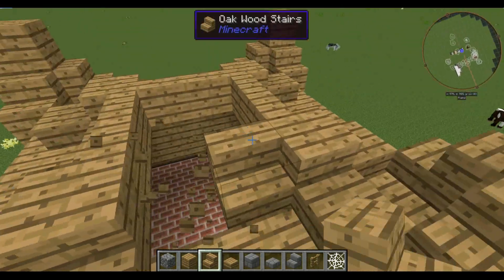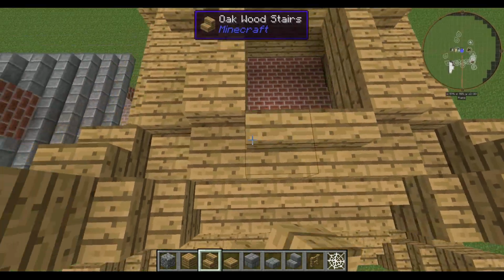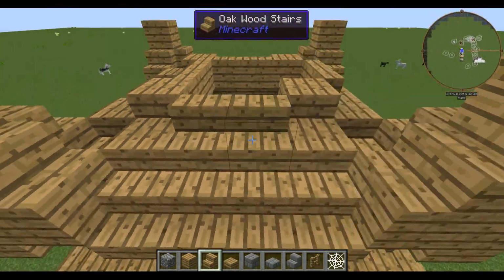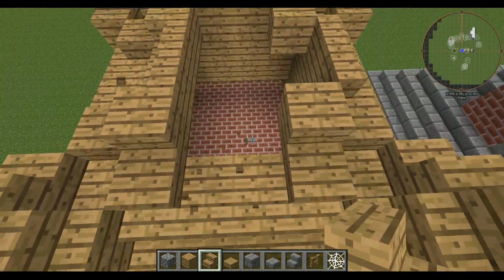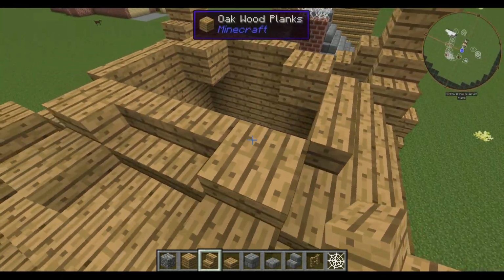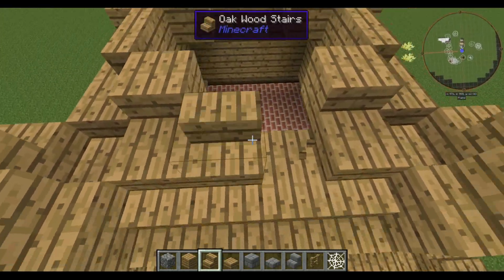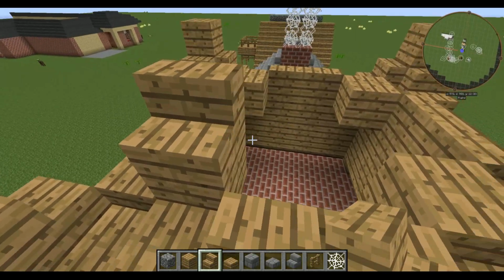No, your stairs aren't there. Your stairs go here where the slabs are. And then up again with your stairs,